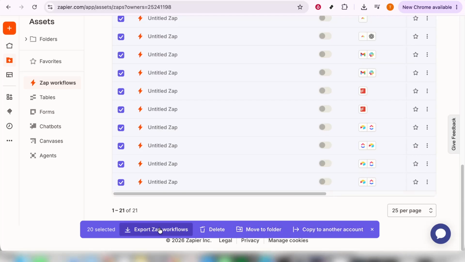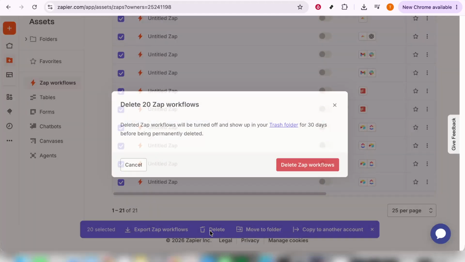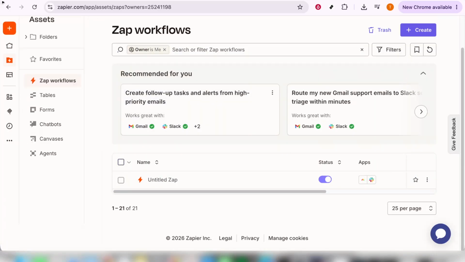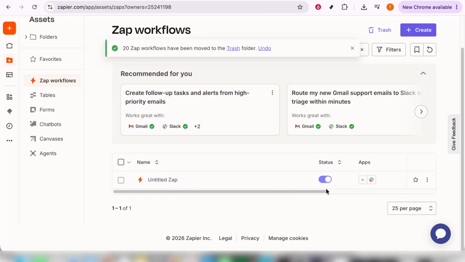By following these steps, you've effectively streamlined your workflow and ensured that your Zapier dashboard is tidy and organized, which also helps in maximizing your productivity. This method not only saves you time, but also keeps your automated processes running smoothly by reducing